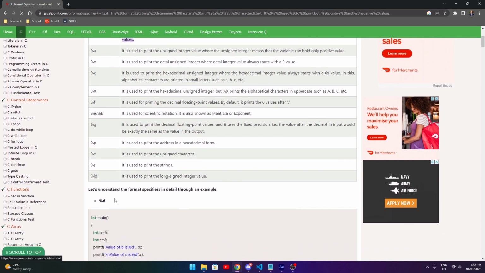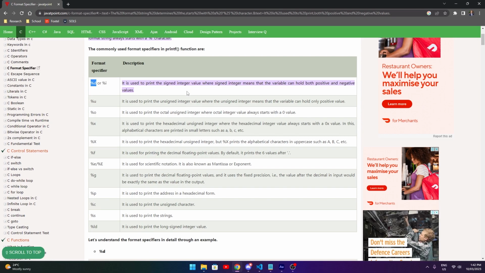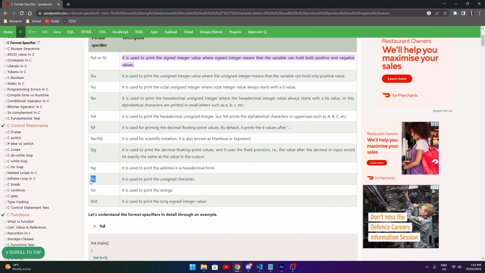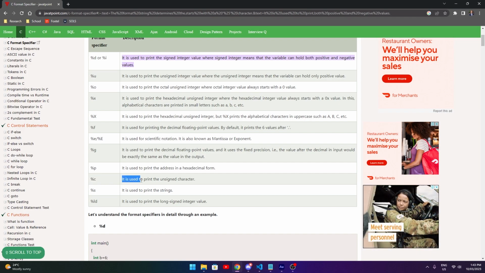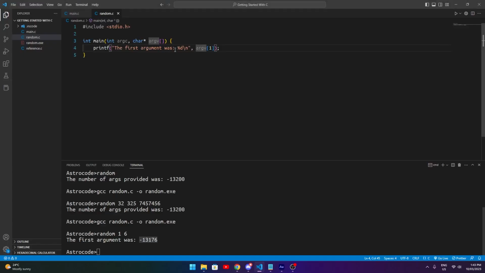So you can see here, there's heaps of different things we can format out to the terminal. And this is the one we've mainly been using to print a signed integer or a digit. But if you come down, you'll see there's also %c, which is used to print the unsigned character. In other words, just a char type. So if we come back to our program and instead try and format this variable as a character, let's save it,